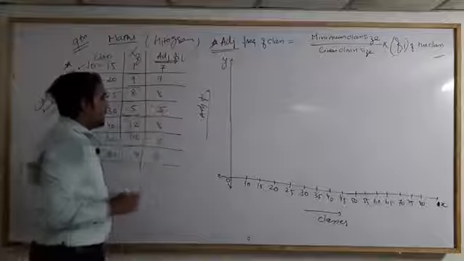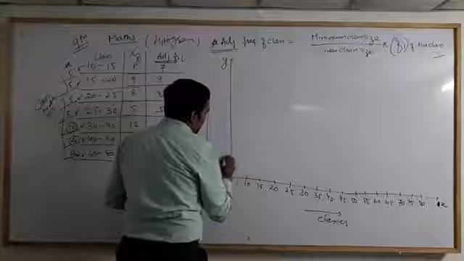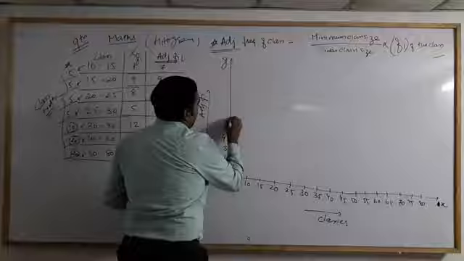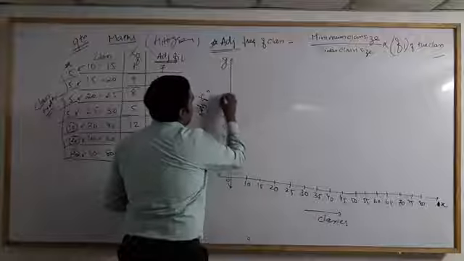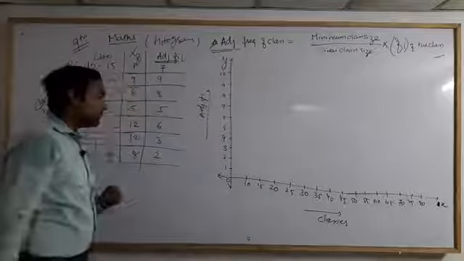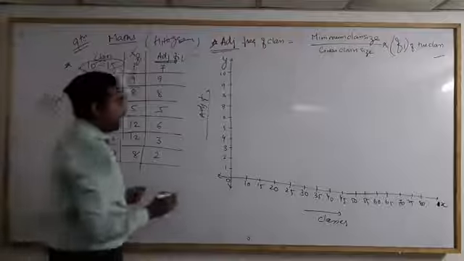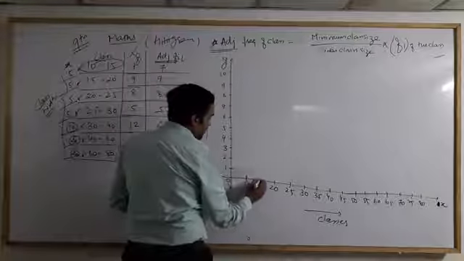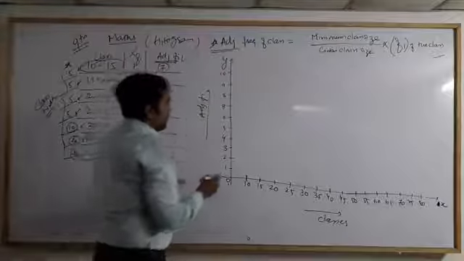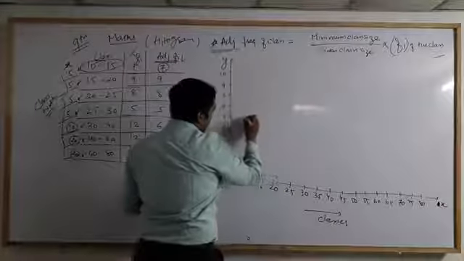the maximum number is 9. So for that, I'll choose the ratio 1, 2, 3, 4, 5, 6, 7, 8, 9, and 10. Now for the first class, 10 to 15, that is my from here to here, my adjustable frequency is 7. So for that, I'll draw the graph